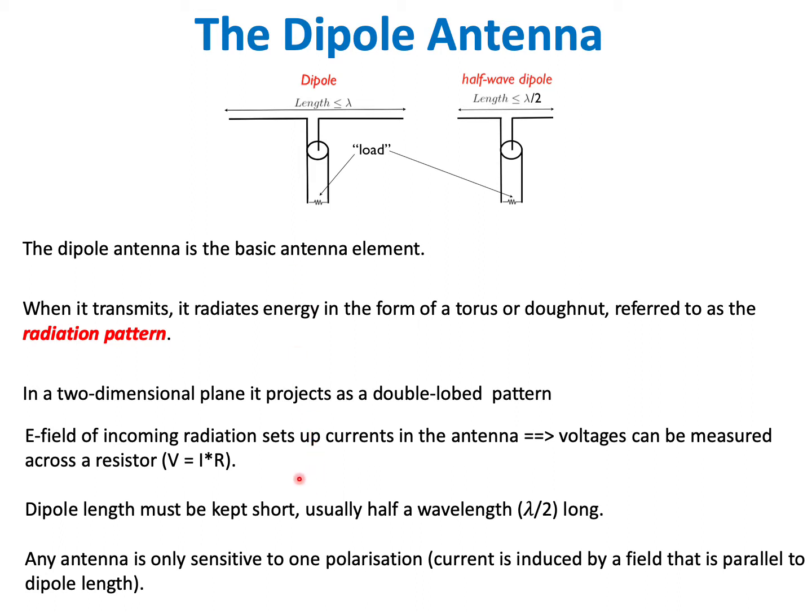And again, for longer radio wavelengths, your dipole can get quite long if you're using a standard dipole. So to keep it short, we generally use half-wave dipoles. Now, one thing to note is a single antenna is only sensitive to one polarization. So if we go to the next slide,